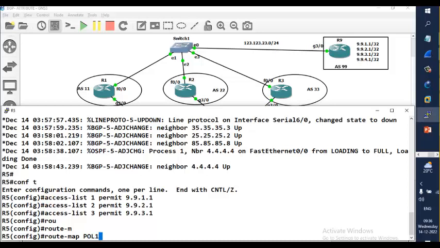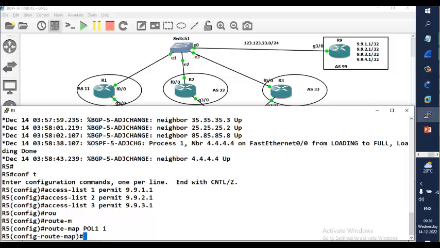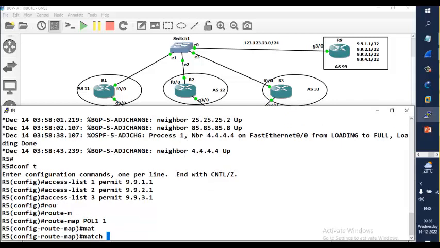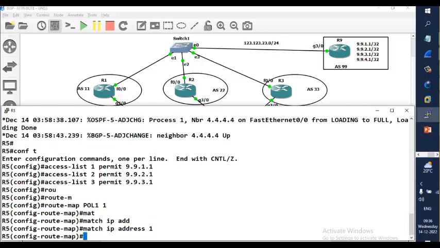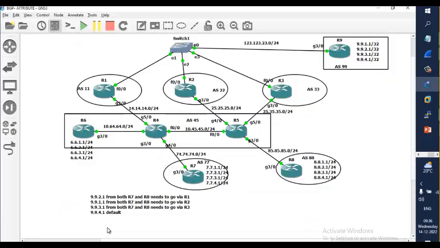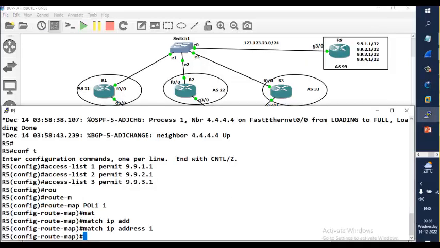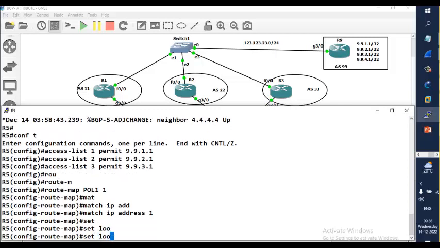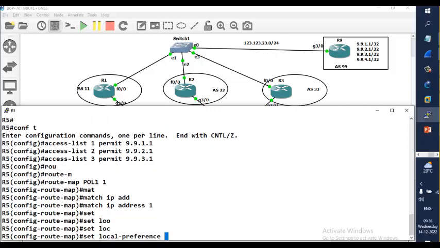Policy 1. Sequence number. If I don't mention, it will start from 10. Let me say 1. Policy 1, sequence 1. Match IP address 1. If that match happens, it should go via router 2. So I need to say set local preference, lower. Set local preference,